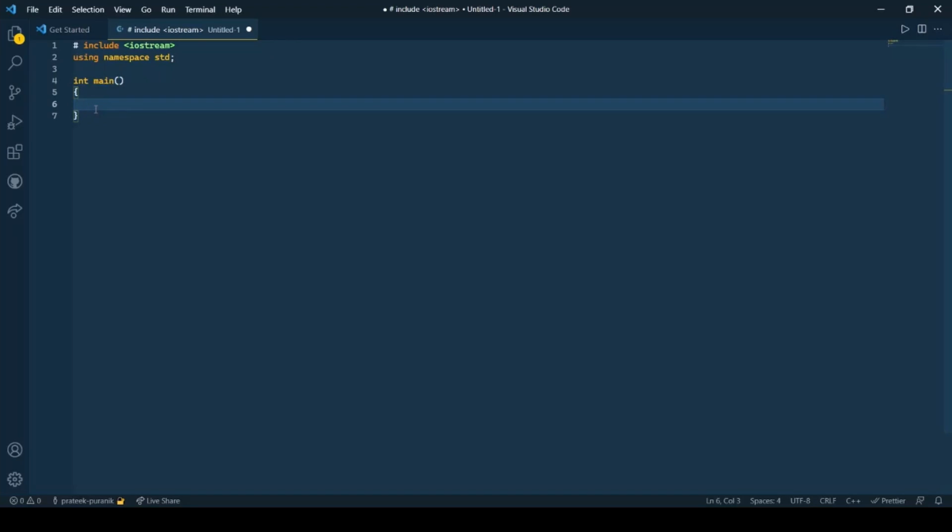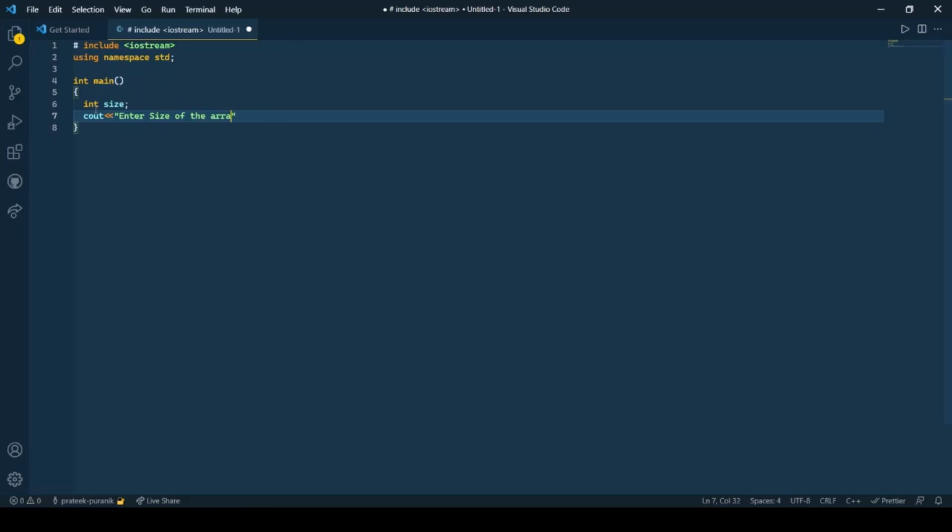Now the first step of any sorting algorithm is accepting the values from the user or the unsorted array from the user. So we are going to declare int size, then cout "Enter size of the array", and then endl is used to print the next statement on the next line.